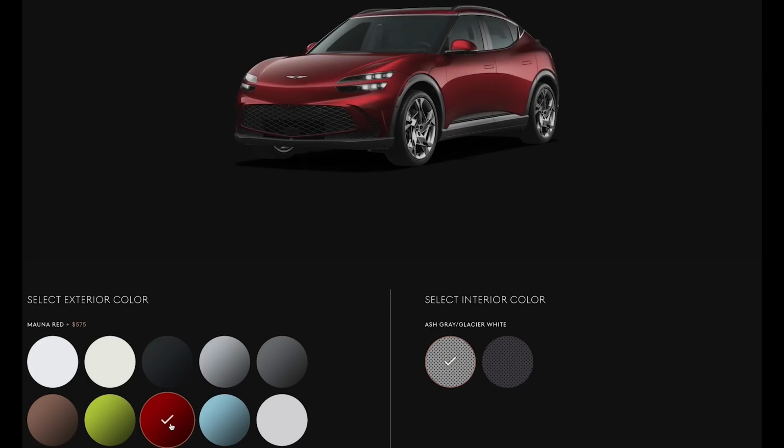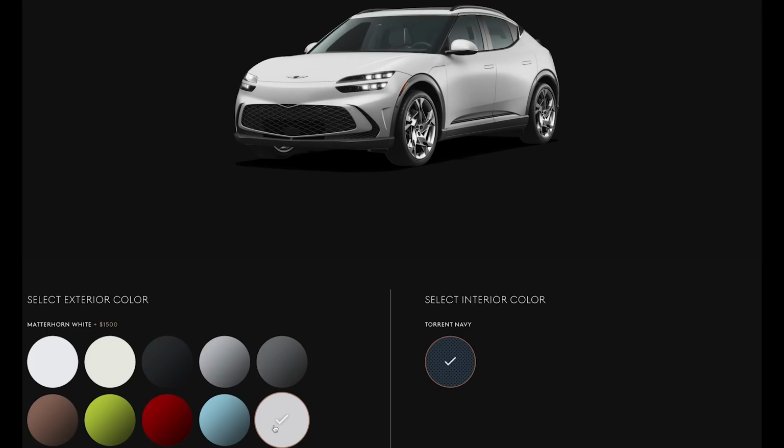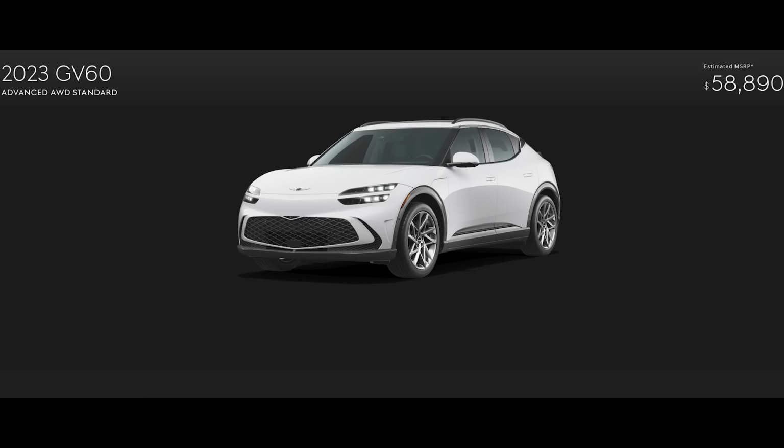But anyway, as far as how it's priced, if you go for a regular Advanced trim of the GV60, which again has less performance but still has all-wheel drive and is still fully loaded, by the way, those run just $60,000 including destination. I know I'm not reviewing the Advanced trim, this is the Performance trim, and I'll get to that in a second, but as far as the Advanced trim